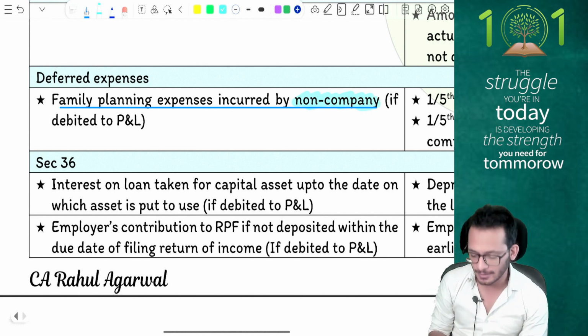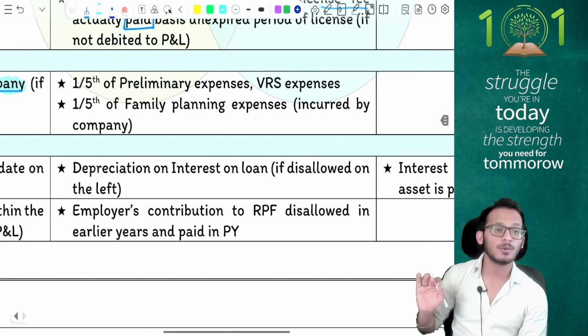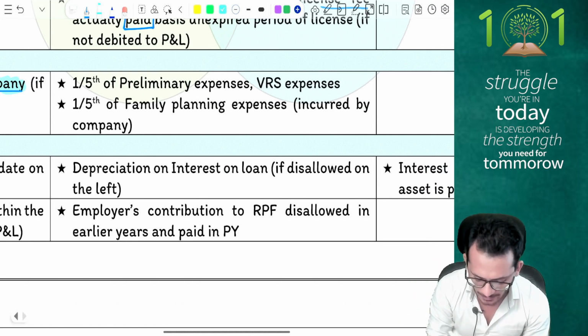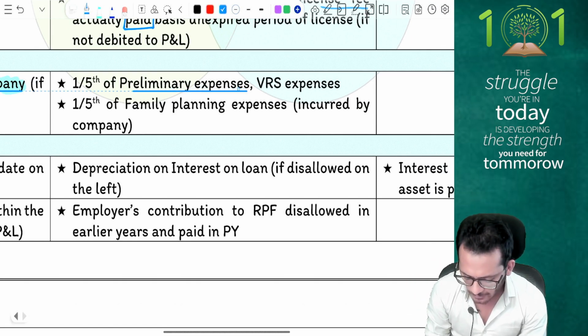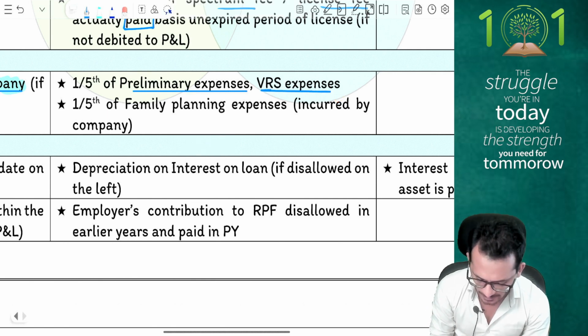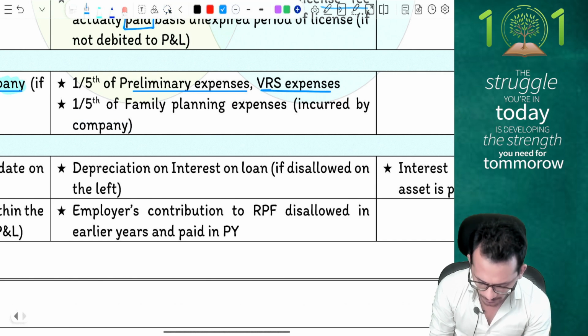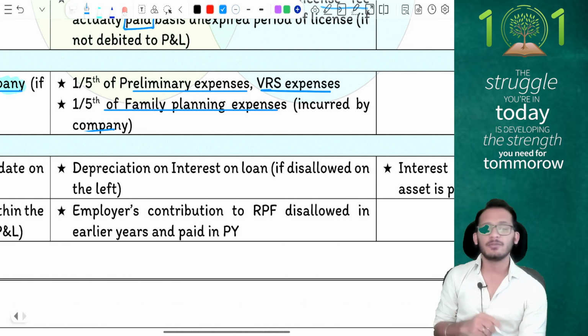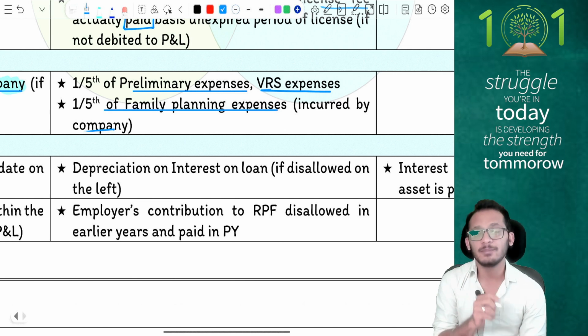So pay attention to that. Next, if it is going to happen to a company or any other category of persons, 1/5 of the preliminary expenses can be claimed as a deduction, or 1/5 of the VRS expenses can be claimed as deduction. If it is family planning expenses incurred by a company, then the company can also claim 1/5 of the same as a deduction. Yes, these are all deferred expenses, people, where expenses can only be claimed for 1/5 of its